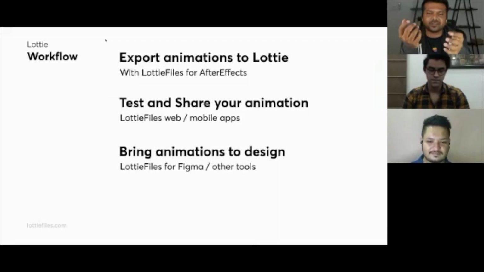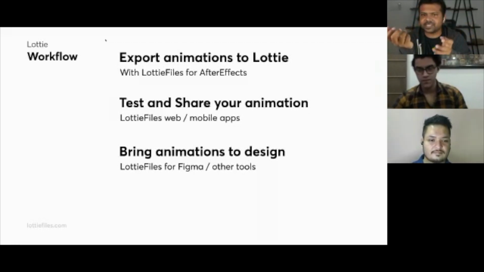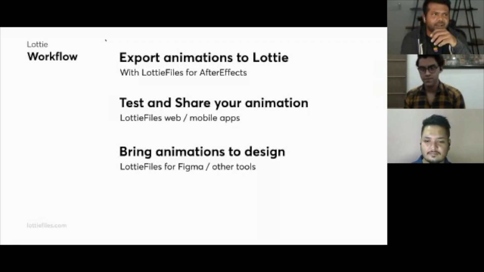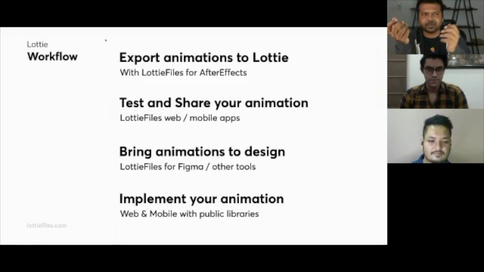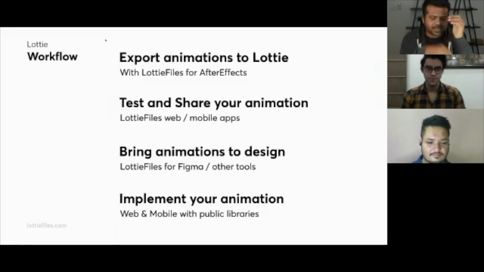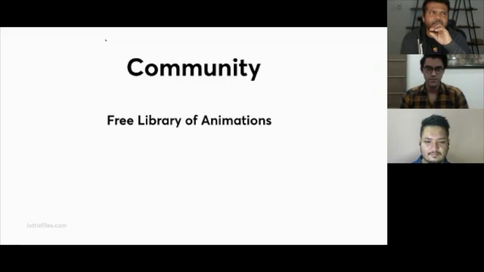If you're working in Figma and other tools, you can bring that Lottie animation there in some form like GIF or even video. And then you use implementation tools like Webflow, and now the Web Player, Android library, and iOS library, mostly for the devs that implement this Lottie animation as well. And just to add on the community part, we have thousands of free Lottie animations